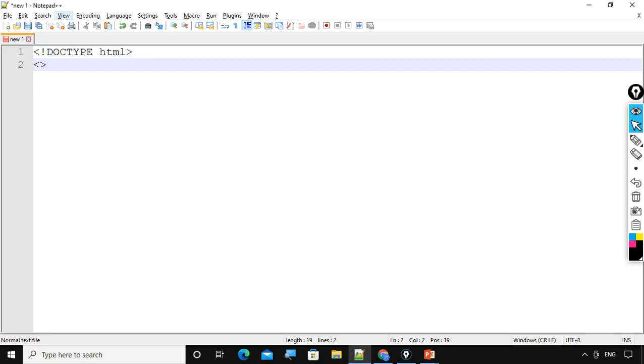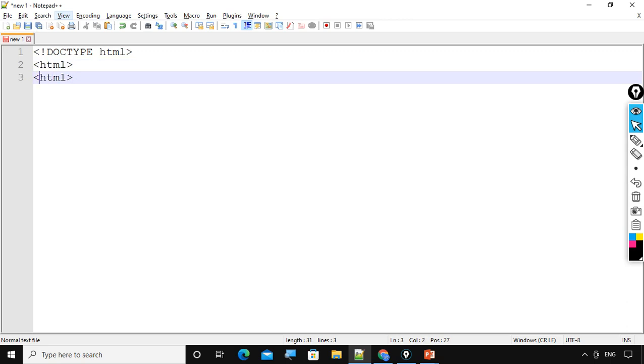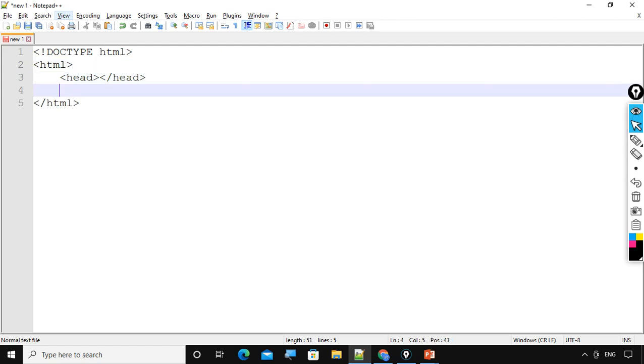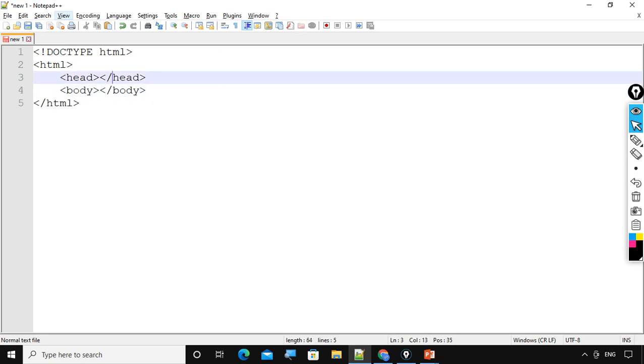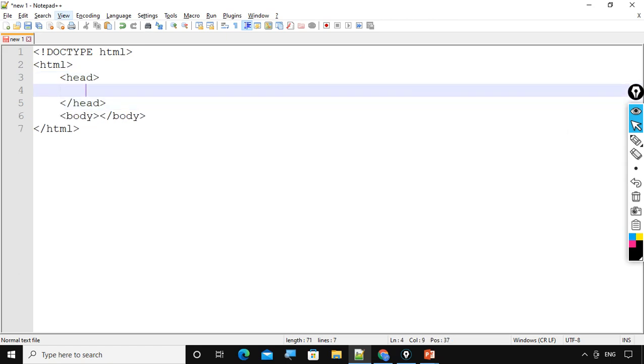Now opening HTML, then we have closing HTML, and here we have the head section and the closing head section, then we have body opening and body closing. Now in the head section I am writing title opening, title closing, because title is a paired tag: email link.